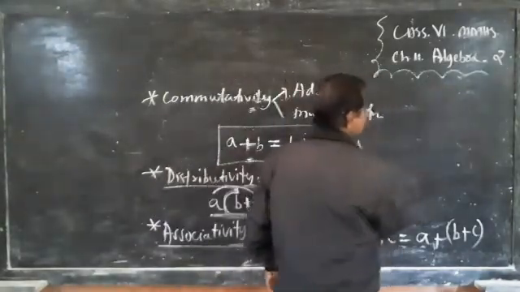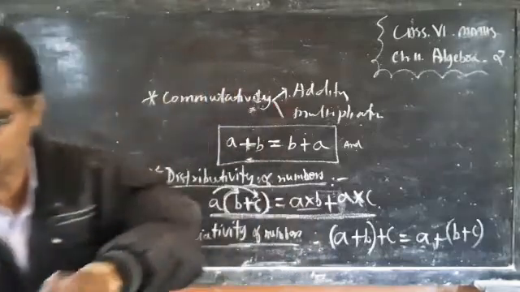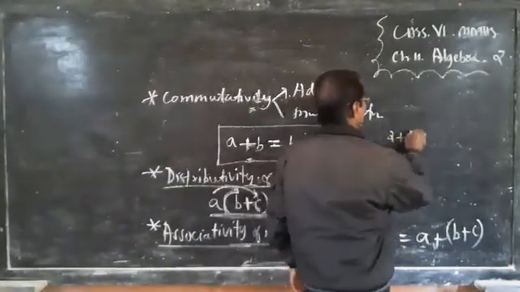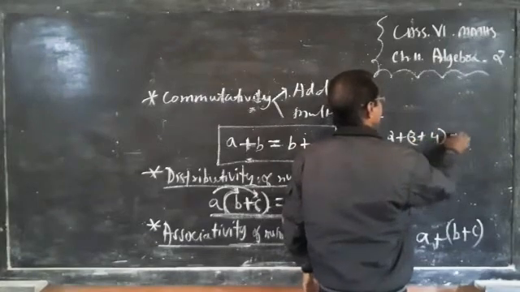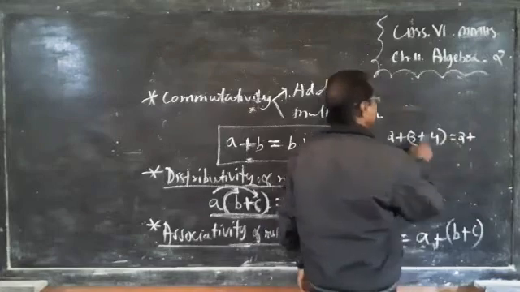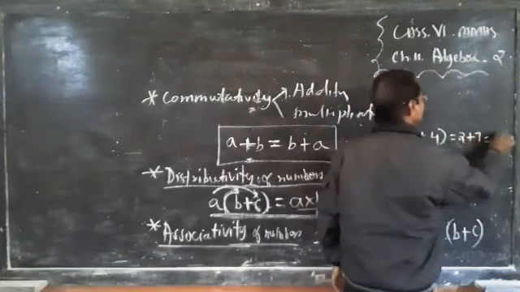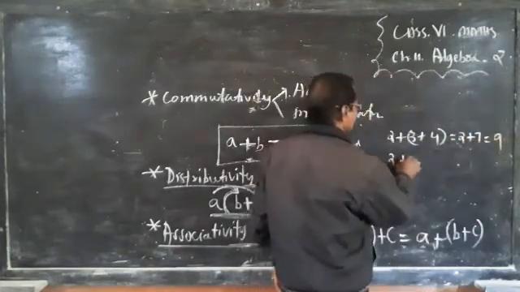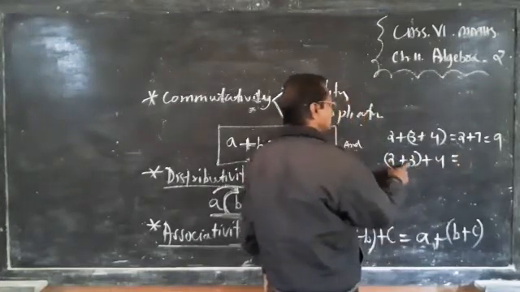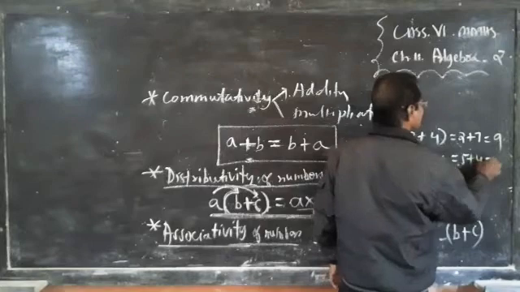देखिए, अब एग्जांपल आपको मैं ये बता रहा हूँ. Three numbers are there. What are the three numbers? 2, 3, 4. 2 plus 3 plus 4. See, 3 plus 4 is 7, 2 plus 7 equal to 9. Or again 2 plus 3 plus 4. अब इधर क्या कर दिया? पहले दोनों साथ में प्लस कर दिया. 5 plus 4 equal to 9.